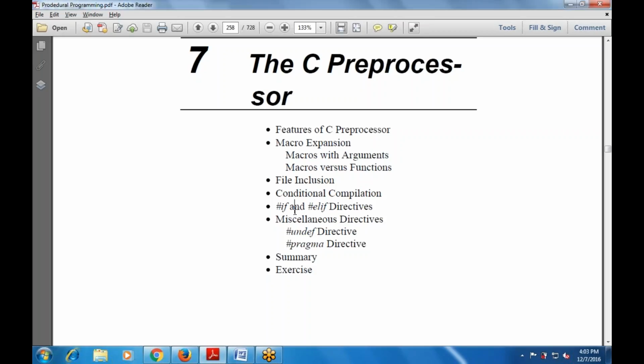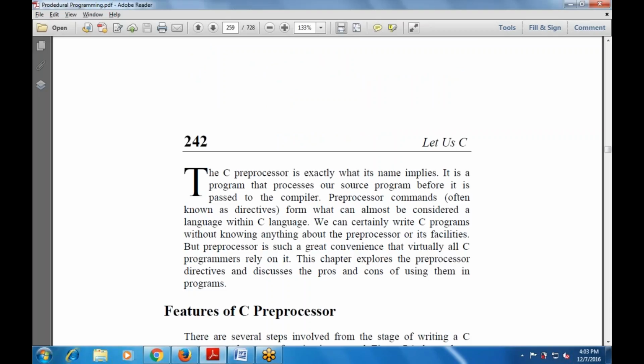So let's start with the C preprocessor. This is exactly what the name implies. It is a program that processes our source program before it is passed to the compiler. That means preprocessor commands, also known as directives, form what can almost be considered a language within the C language,